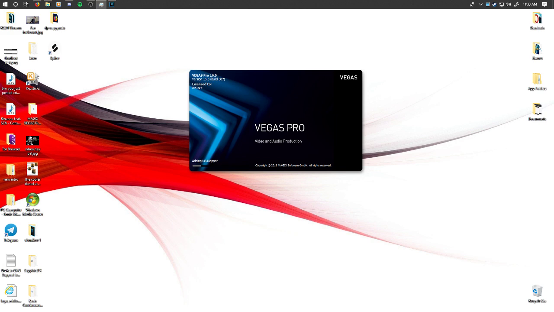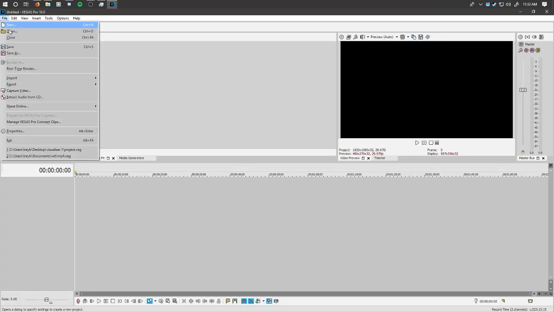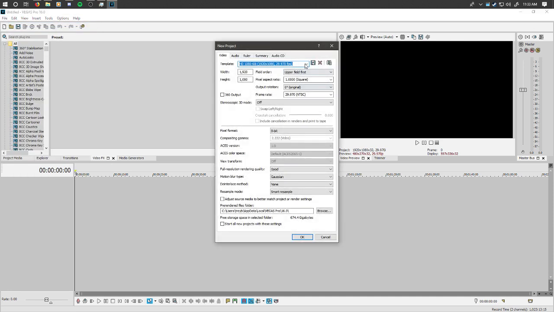For some reason, Vegas seems to start ridiculously fast. It takes no more than about a few seconds after clicking the button, and immediately it shoots to start up. It's much better than Premiere Pro, in my opinion. But if you use Premiere Pro, I don't have anything against you. I just prefer Vegas.